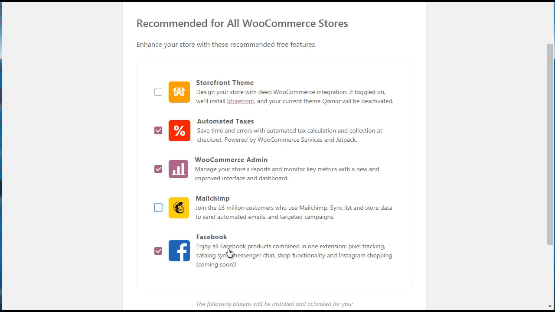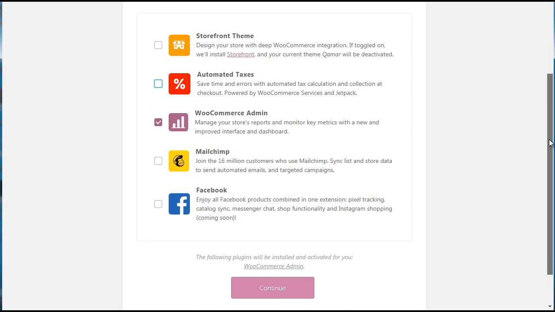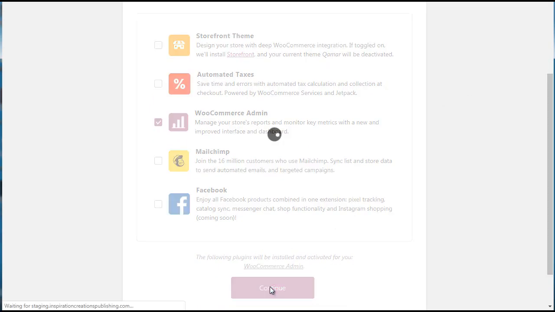And of course it says Facebook, enjoy all Facebook products combined into one extension: pixel tracking, catalog sync, messenger chat, and all the above. So you can check these if you want to, but in my opinion, I would simply uncheck most of them and move forward. Okay, so we're going to click on continue